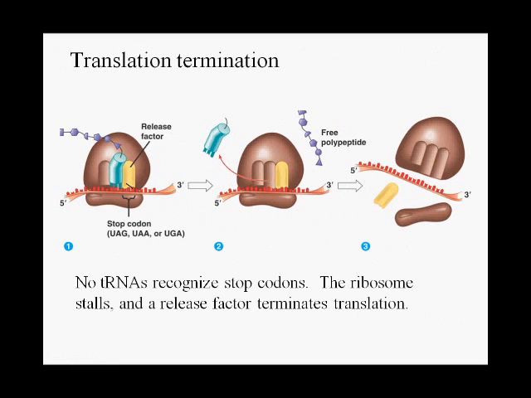So this elongation process continues until the ribosome reaches what's called an in-frame stop codon. Remember, it's moving 3 bases, one codon, at a time. And when the next codon turns out to be one of these stop or nonsense codons like UGA, the ribosome stalls, and a protein called a release factor comes in. It fits into this tRNA binding site, and when that happens, the ribosome disassembles, the polypeptide chain is released, and translation stops.